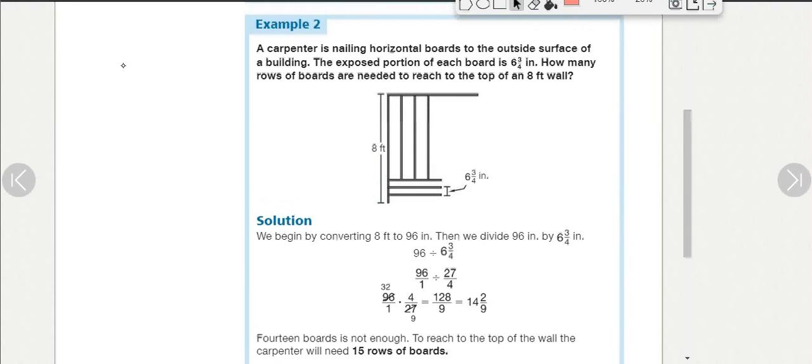A carpenter is nailing horizontal boards to the outside surface of a building. The exposed portion of each board is 6 3/4 inches. How many rows of boards are needed to reach the top of an 8-foot wall? 8 feet is how many inches? 96, right? 8 times 12. So we're going to divide that total